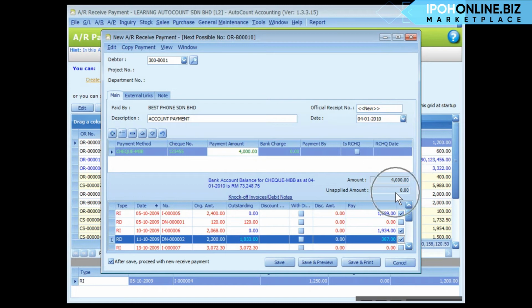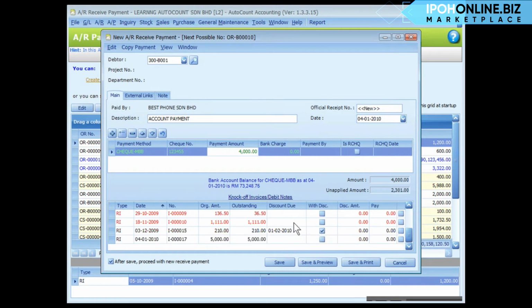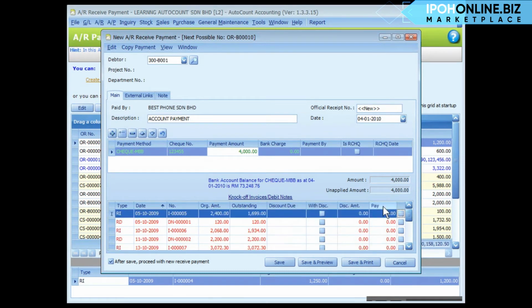If this unapplied amount is not 0 when you save the entry, that means you have not completed the knockoff. In that case, the next time you create a new receipt payment, a reminder message will be prompted. Now back to knockoff. You may click on the Pay column header to automatically fill in the knockoff amount from